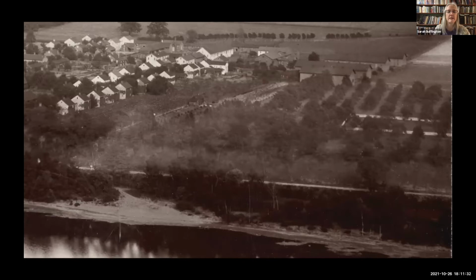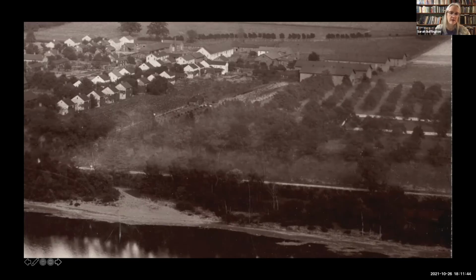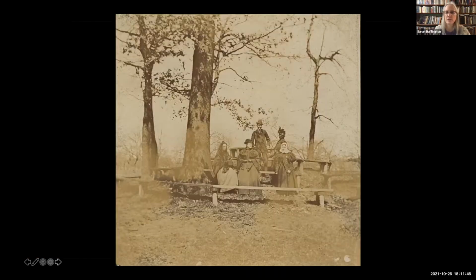Here you can see a view from across the river, and the cemetery is that white picket fence in the orchard. And then not far south of there, also in the orchard, was the Indian mound at Economy. And this is a picture of the Indian mound. They would go and visit this, you know, just going on walks, but once a year at least, they would have